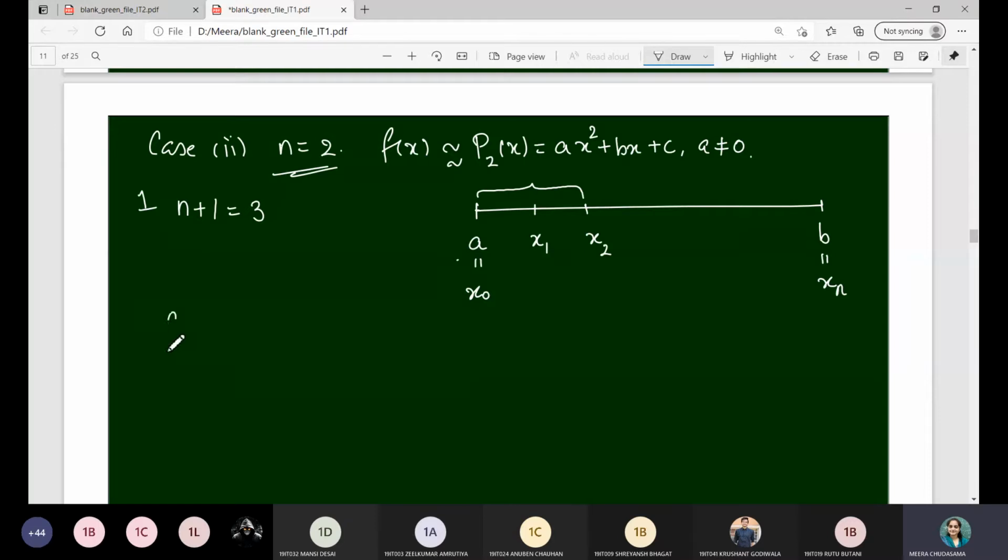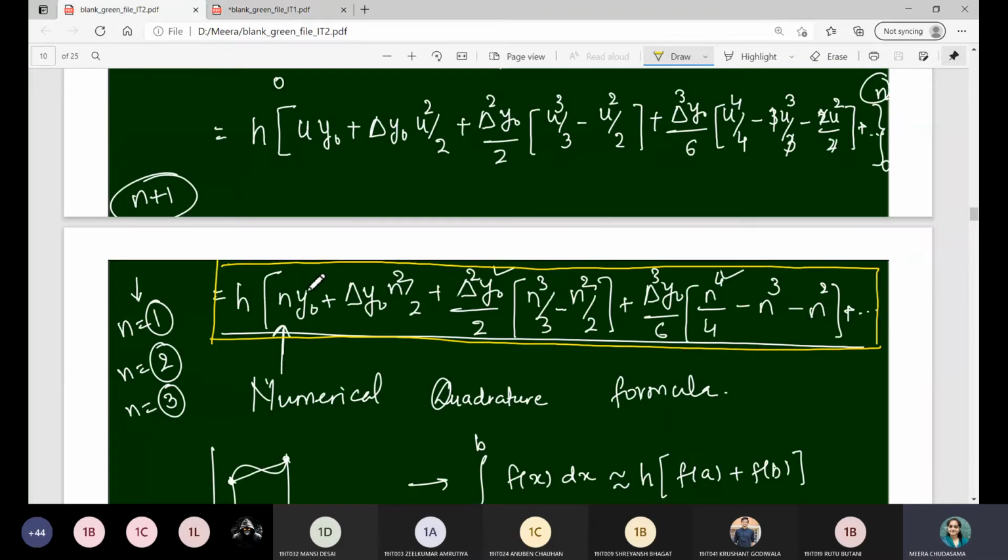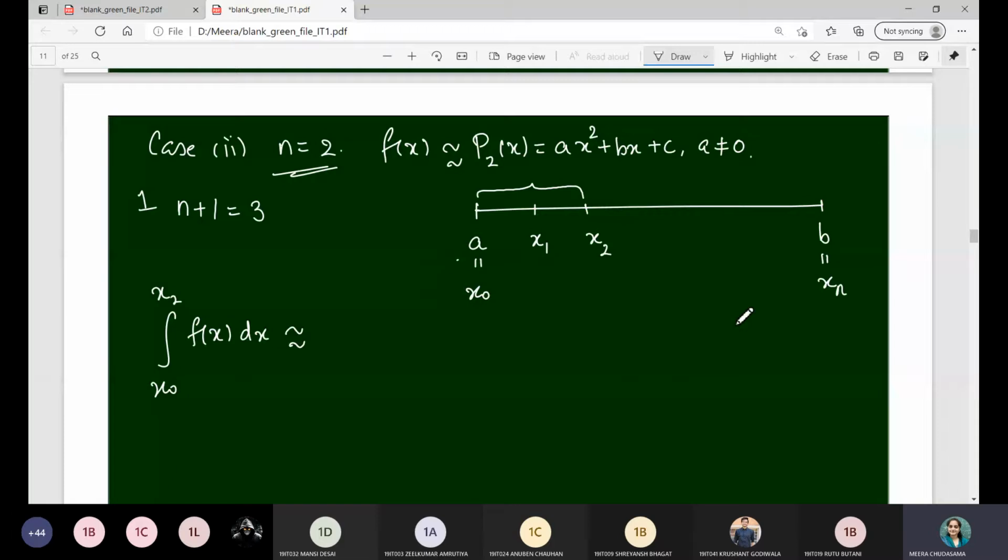So for this first subinterval x0 to x2, we will derive the corresponding numerical integration of f of x, and then we will composite it for all other values, and that we have to derive from this numerical quadrature formula by substituting n as 2, right? So when we consider n is 2, so in that case p2x, which forward differences of order onward will become 0? This is x0, this is x1, x2, the corresponding y0, y1, y2. So if you compute first delta it will come in the middle, if you compute delta 2 the last point constant quantity will come, so delta 3 onwards it will be 0.